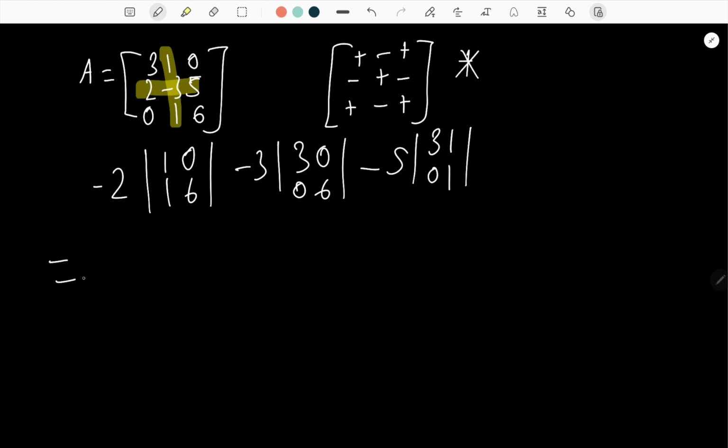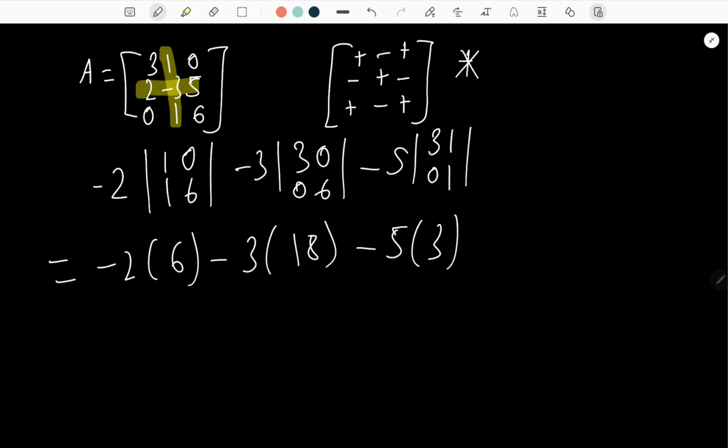And again, simplify this, minus 2 into 6 because of 0, minus 3 into 18, minus 5 into 3, and final answer. Again, you will get the same answer as before. So it does not matter which row or column you choose, but you have to remember this rule here, and again, don't make any silly mistakes. And yeah,